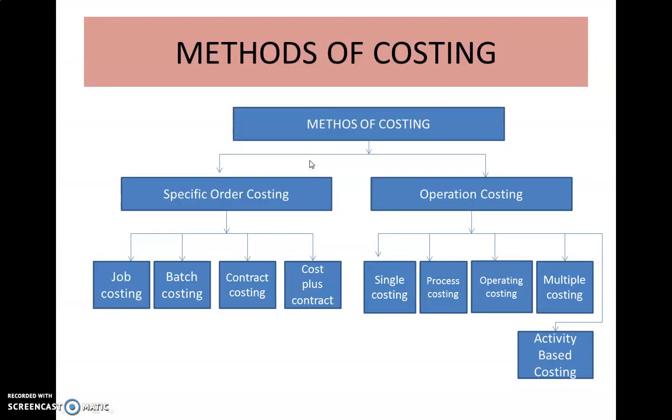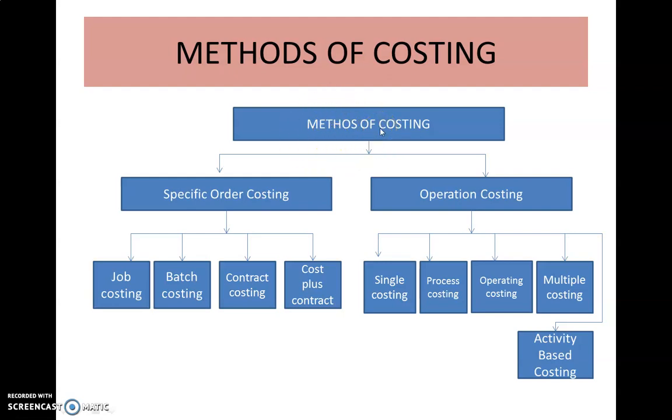Methods of costing. Costing methods are concerned with finding out the cost per unit of a product or service. It involves determination of the cost of goods or services by an informal procedure. Informal in the sense that it does not carry on a regular process of cost accounting on a continuous basis. There are a number of methods of determining cost which are used in practice, depending upon the nature of the business and the type of its products. The most popular methods of finding cost are shown in this figure.